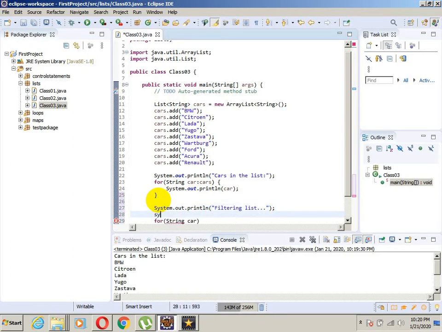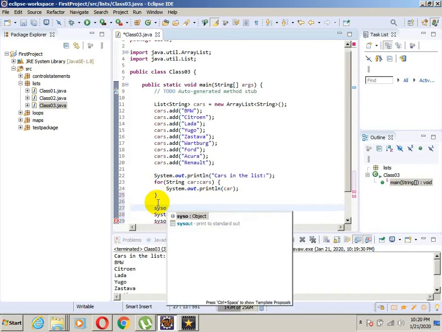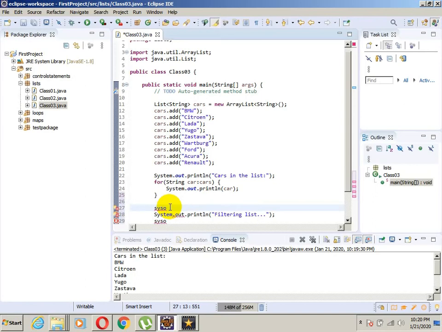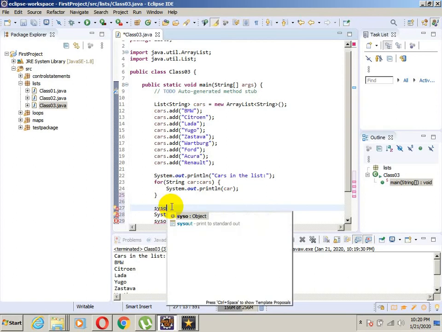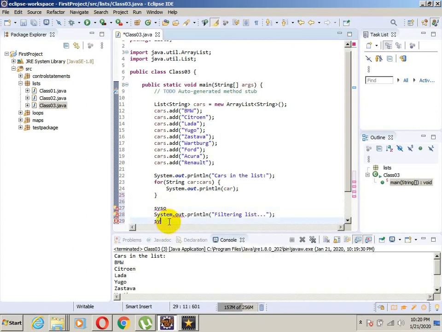Okay, and we need a couple of stars, that should be good. Wait a second. Okay, and now